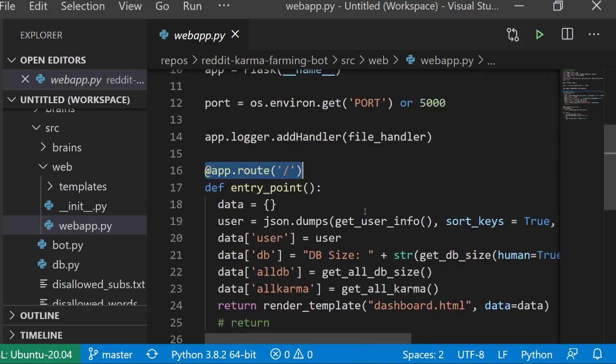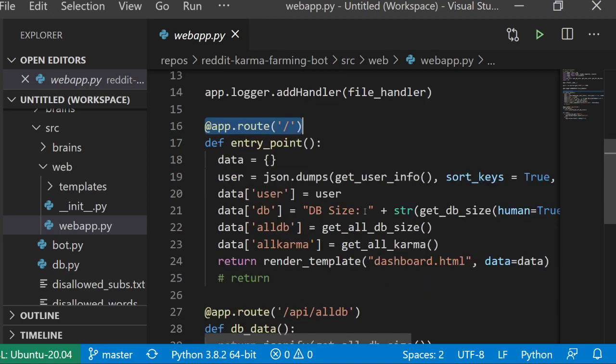Now, this database is separate from the Brain database. The Brain database is managed by Kobe. It has all of the learned comments and stuff like that, but I've created a separate database using TinyDB, which is a little lightweight Python document-oriented database. And so we can pull things out of it as JSON, like the user info,